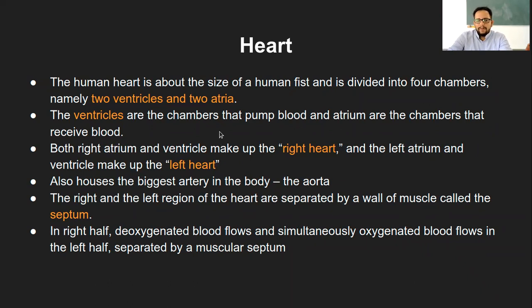We discussed these 2 ventricles, which are the lower compartments, and the 2 atria, which are the upper compartments. Ventricles, we know, always pump the blood out of the heart, and atria always receive the blood. That way, these upper and lower chambers function. Upper chambers are always receiving. Lower chambers are always pumping the blood away from the heart.